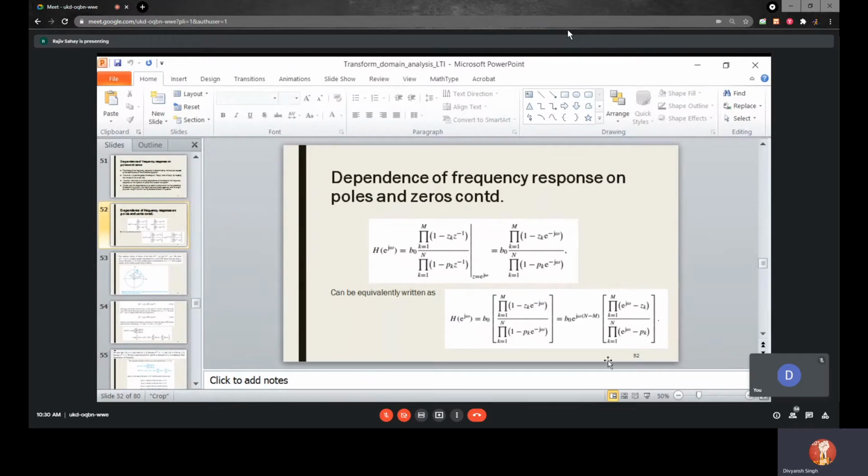So you just have to note down this guy. This is the new thing from the previous slides. So whatever I'm showing you by the cursor, please make a note of this guy. We are going to interpret this formula now using geometry. So each of these terms in the numerator and the denominator, they denote distances or vectors. So we will see how it can be interpreted geometrically.